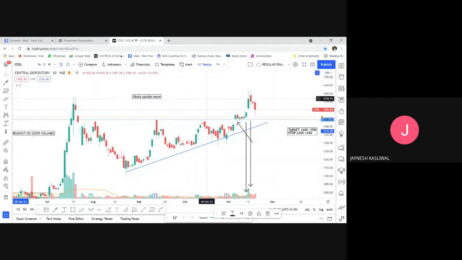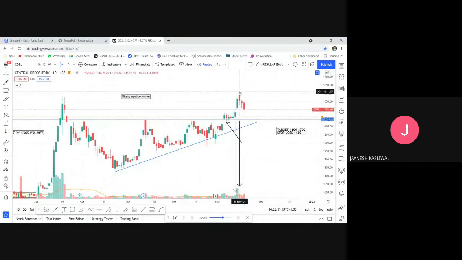Okay, now have we finished the retest almost successfully here? Almost we have finished the retest, right? So in this, if you had already added here, then okay. If you are in my close groups, for example my mentorship groups, you might already know that yesterday only I gave a call on CDSL buying. If you want proof of that,